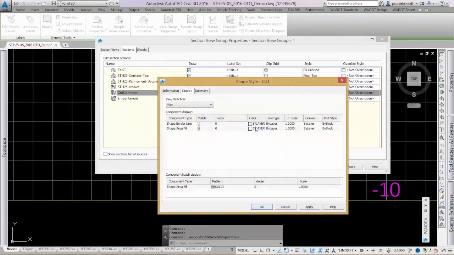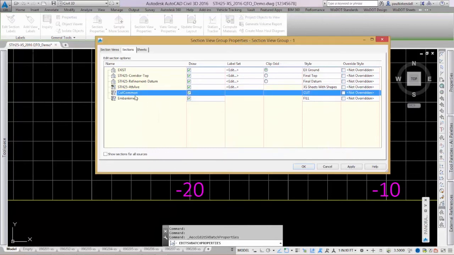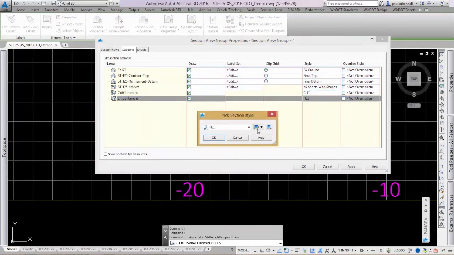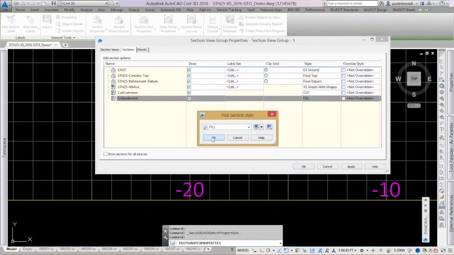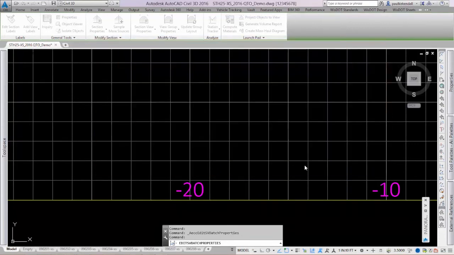If we go ahead and look at these styles, I'll show you what we did here. In the display, under section view for the view direction, I would like that to show as a transparent color in green. So that's what we set that to. I believe by default it is off. I just came in here and turned it on. Click OK and OK, and then the embankment, if I look at the fill under section view, you have the same thing. Under the cross-section fill layer, it's red, transparent. Now if I go ahead and hit apply and OK,